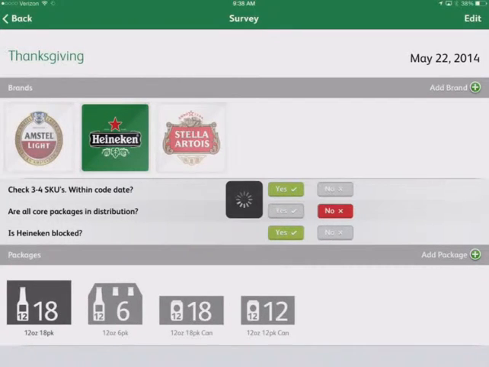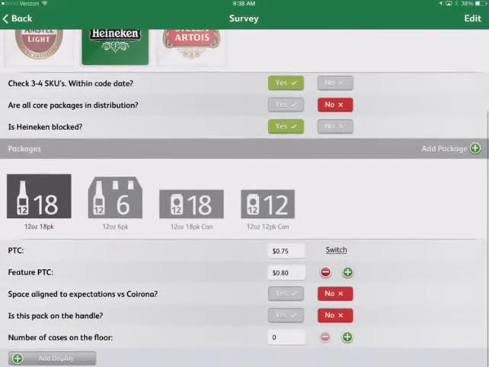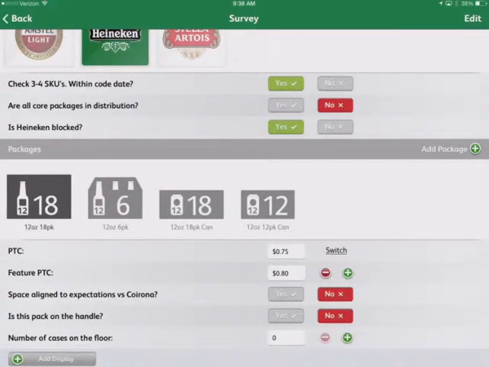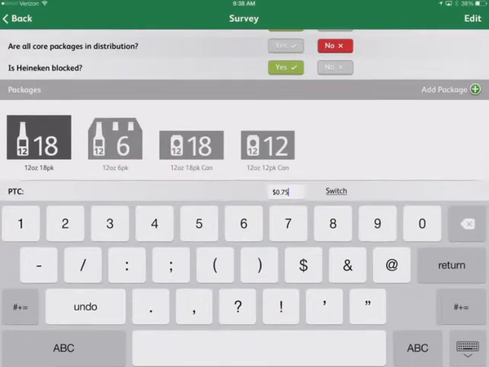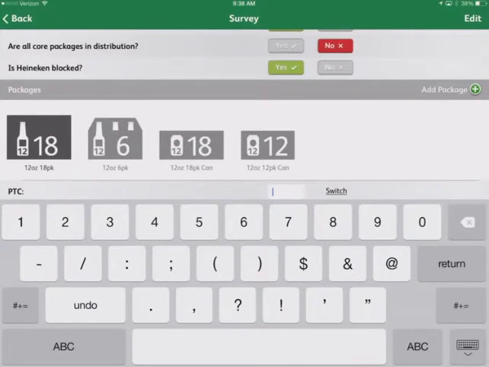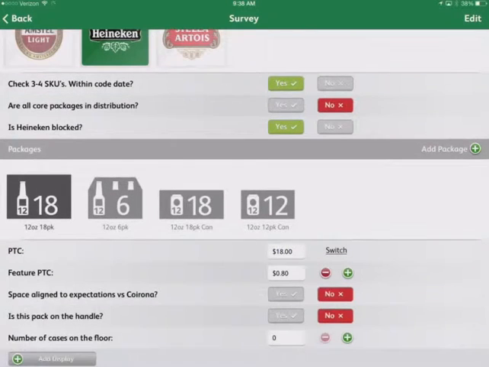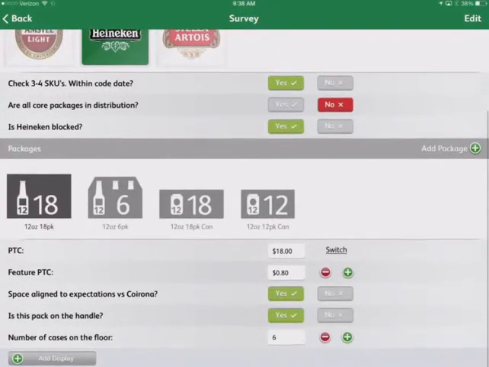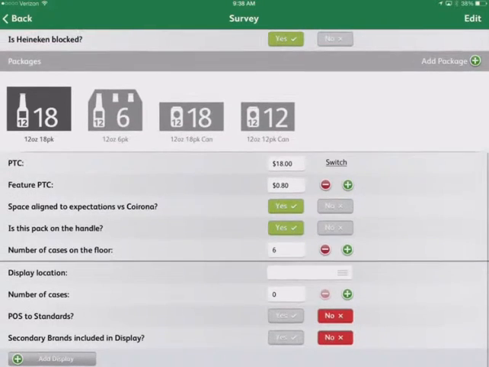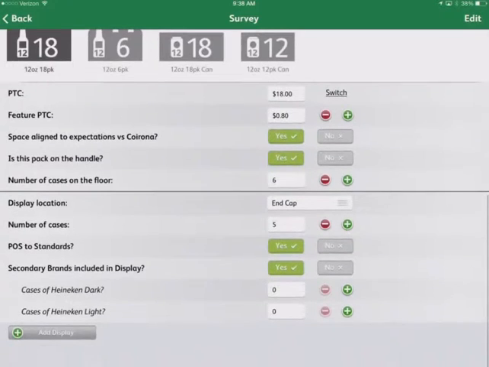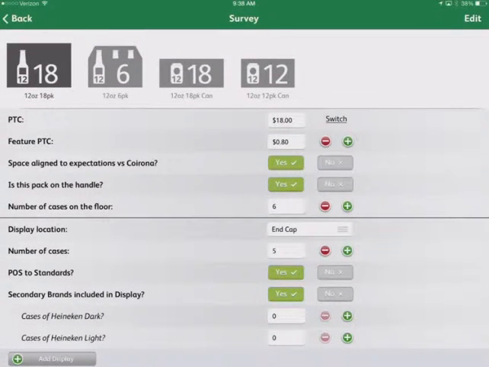If I click on a specific package, it loads some questions underneath that, and I had to play around with this a little bit, so some information's already in here, but I can enter in the PTC or feature PTC. I can answer some other specific package questions, number of cases on the floor, and I can add displays. And when I add those displays, it gives me the location, number of cases, a couple other questions. If I choose secondary brands included in the display, it will ask me about those brands, cases of Heineken Dark,